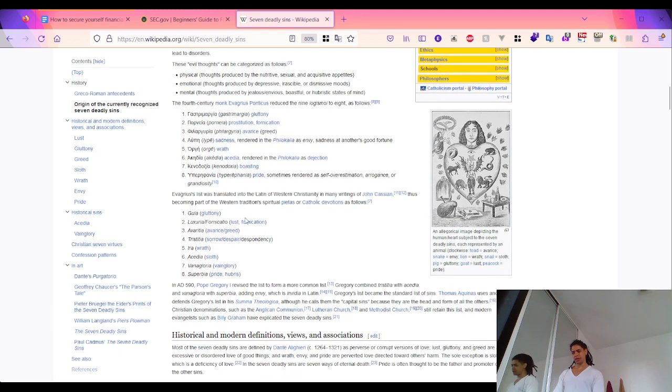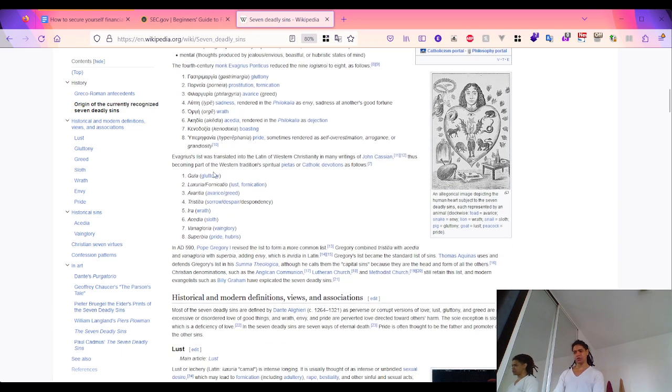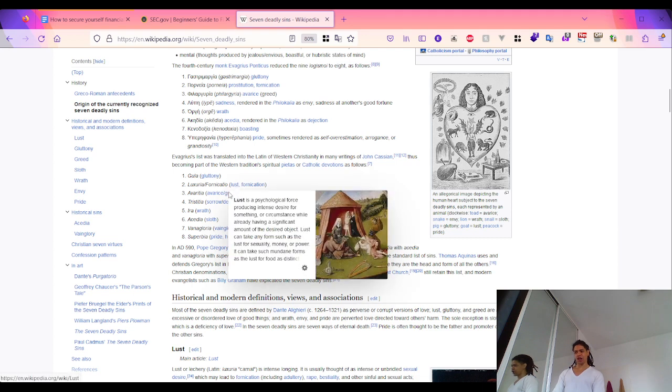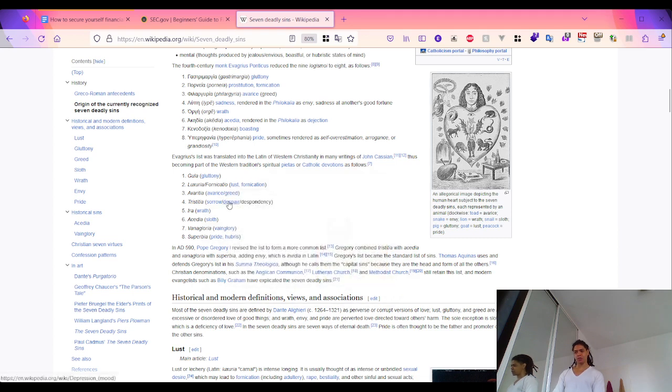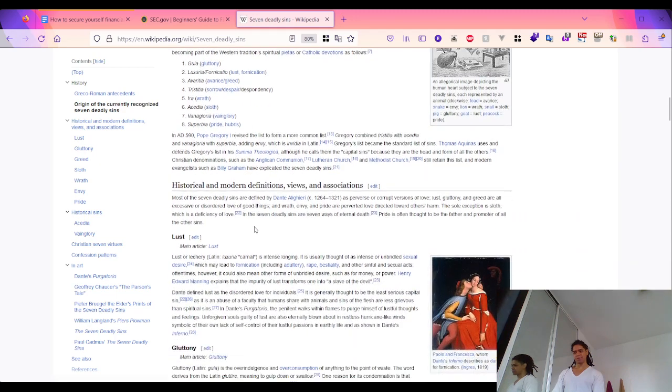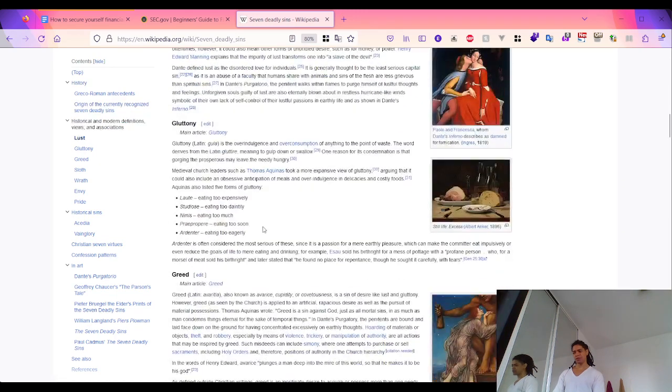So a more shorthand version is this: gluttony, lust, greed, sorrow or despair, wrath, sloth, vainglory, and pride. And that's one of the things that has